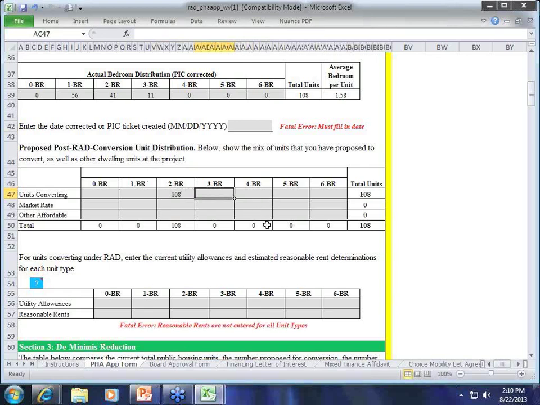So what we've done is we've entered the number of units that were there. I did this purposely to put in 108 for 2 bedrooms because there is nothing in RAD that says you have to bring back the same distribution of units. You can, whatever makes sense in your community, but there's something else you have to be concerned with,